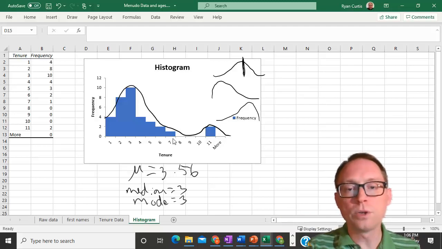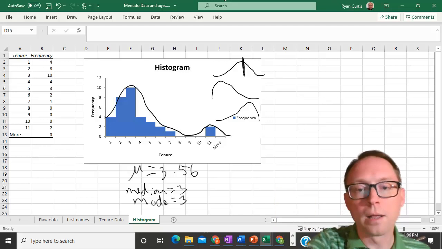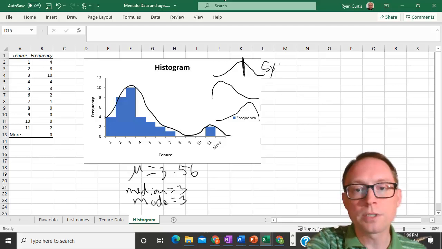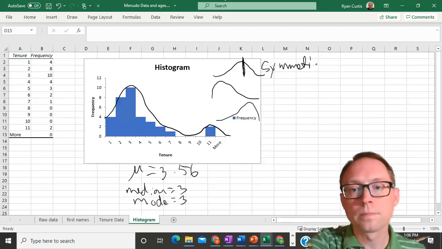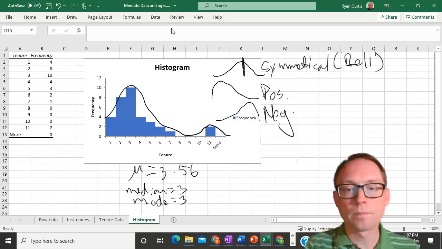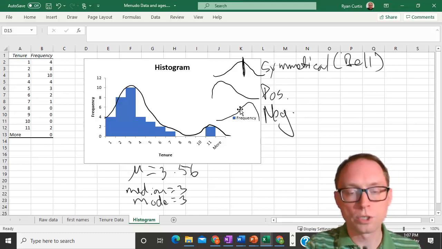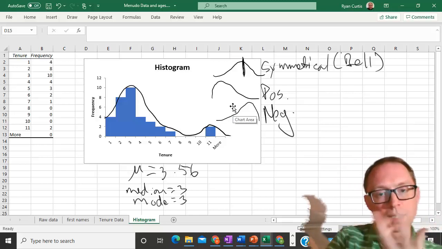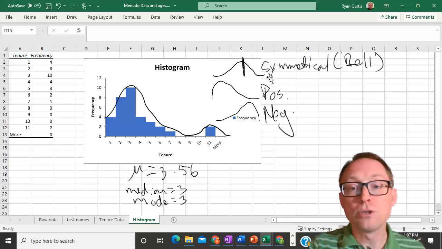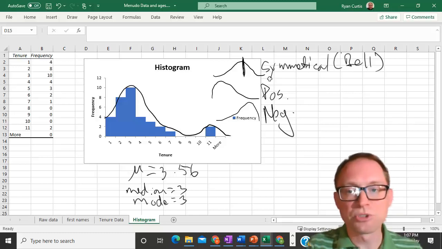One way you can see that is the way the longer tail points; that's going to be positive. So this one right here is symmetrical, sometimes called bell-shaped. This one is positively skewed. This one is negatively skewed, meaning there are some lower scores that are pulling the average, the mean, down in a negative direction. In a symmetrical distribution, there is no skew. There's no skew at all.